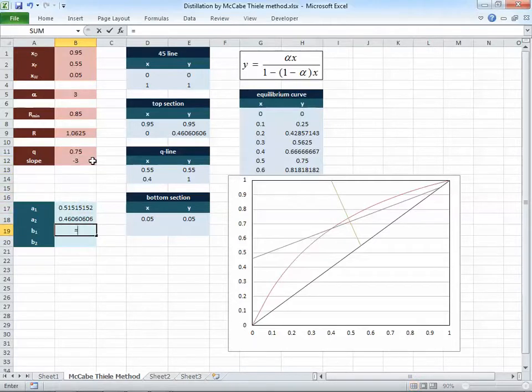Oops. I already calculated them before, so I don't need to do the calculations anymore. I'm sorry, I did something wrong. This is B1, I'm sorry. This is B1, which is xd over 1 plus R, but A2 would be the slope. Yeah, I got confused. So just this here and this here. And B2 would be negative x feed, which is this, divided by